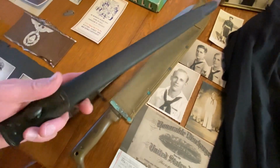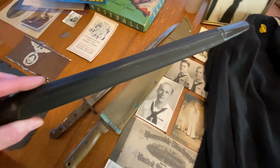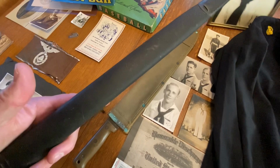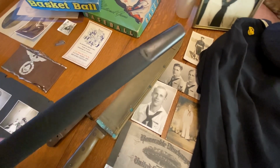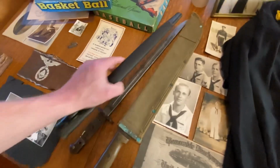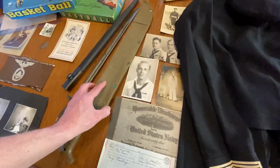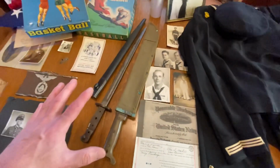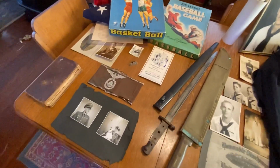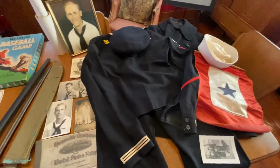Now, what drew me to this was the scabbard, because the scabbard on this is in absolutely exquisite condition, and oftentimes this leather is cracked and broken and falling apart. So to find one that's in exceptional condition is pretty cool. These two items I did inquire on the price, once again because of what they are, and he just said put them in the pile. So you can see my pile had gotten quite big by this point. And that brings us to the final item, and that's this grouping right here,